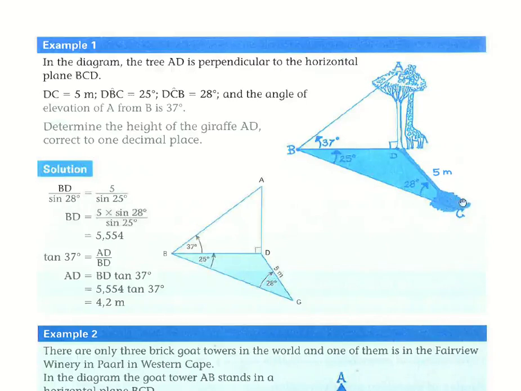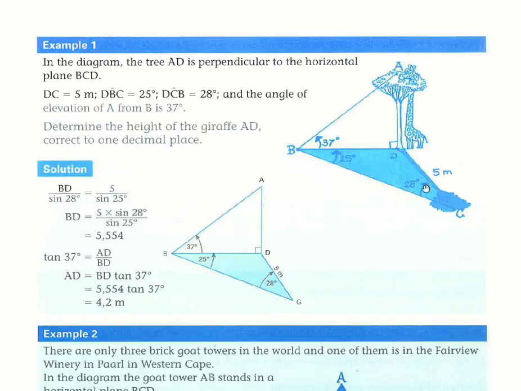And you can see this shadow of the tree extending all the way down here. Okay, so this is your horizontal plane. This is what you'll find on the floor of the ground. And this is what is basically perpendicular to the ground up in the air. Now it tells us that DC, which is this point over here to here, is 5 meters long. They tell us that angle DBC, that means angle B over here, is 25 degrees. They also tell us that DCB, go follow it,